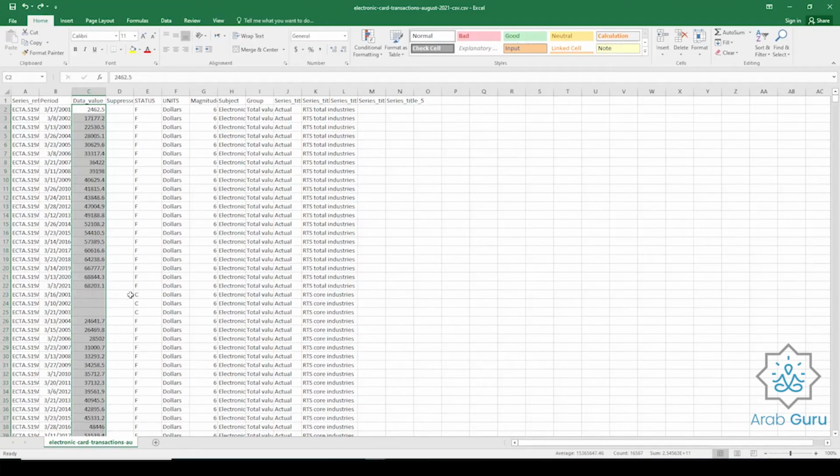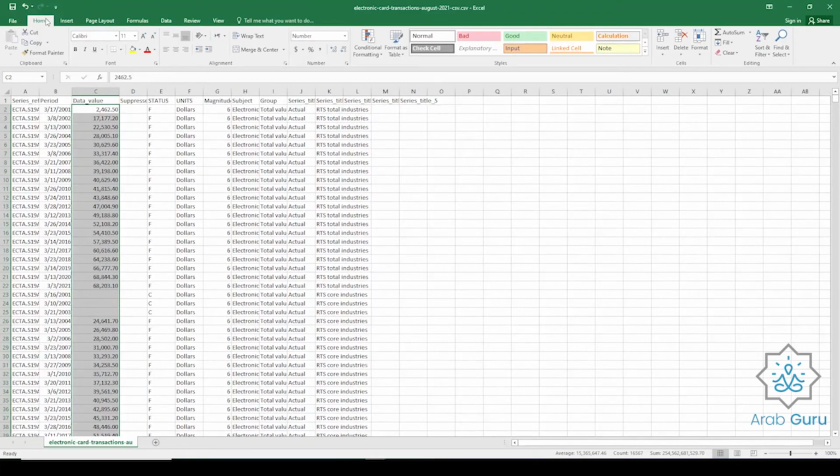I can redo, which is the opposite of undo. That means what I have undone, I can redo it again by choosing this arrow, or the shortcut that appears on the screen right now. It is Control and Y, if I choose it. So it will do what I have undone right now. Okay,